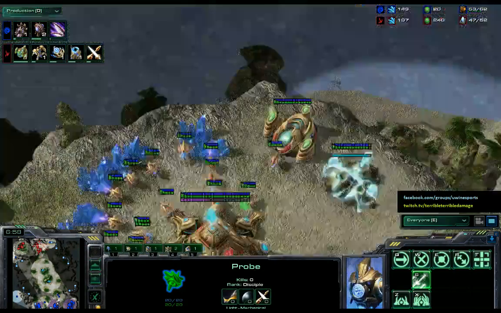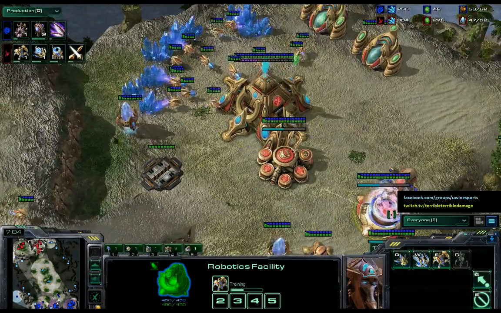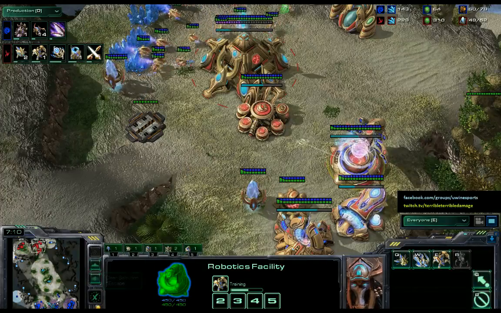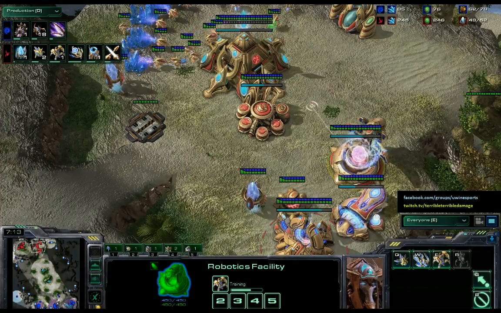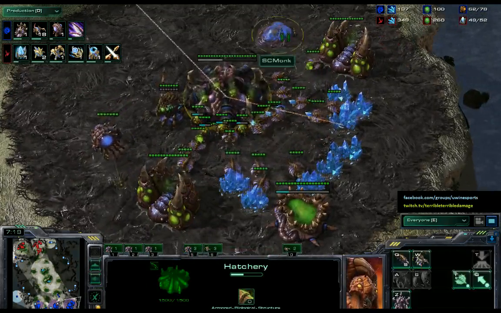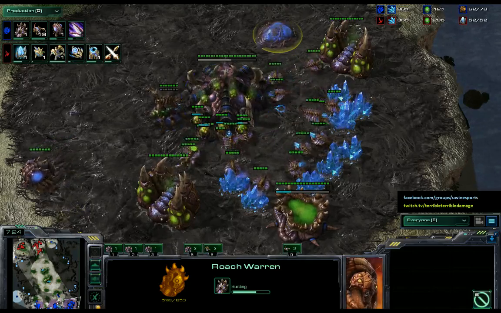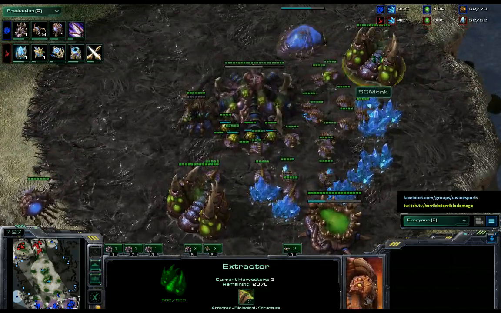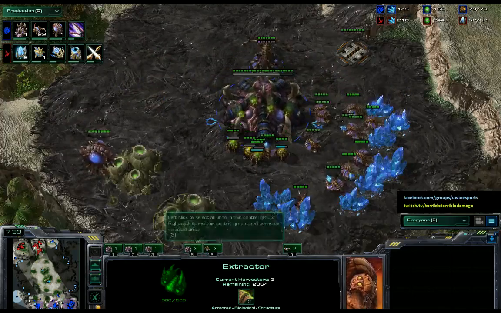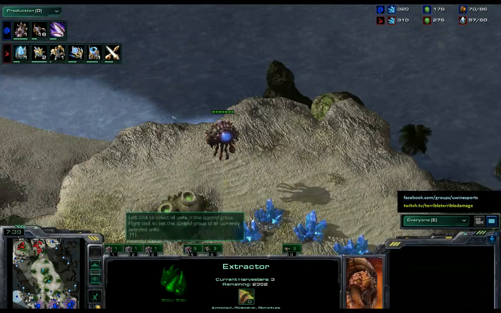Considering the map, considering the timings here, the chrono saved up and being used on these immortals, I would expect an all-in, but we'll have to see there. Roachwarren on the way at a pretty normal timing. Do we have an evolution chamber? We do not. Is often the case that you see an evolution chamber around now. So playing a little greedy here, counting on there not being